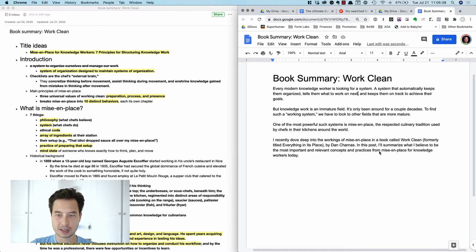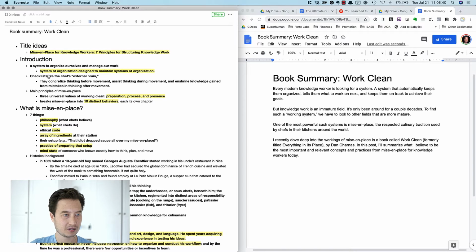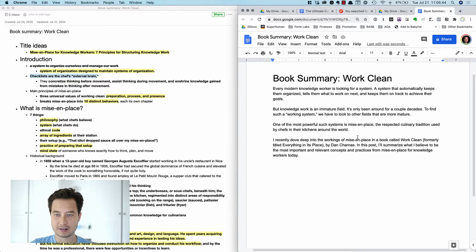It's interesting because the clear place to talk about mise en place as an external brain is right here, right? This paragraph naturally, what you expect is to go from here straight into the content. But before that, I want to say why or how this is related briefly to my current work, right here, and say,